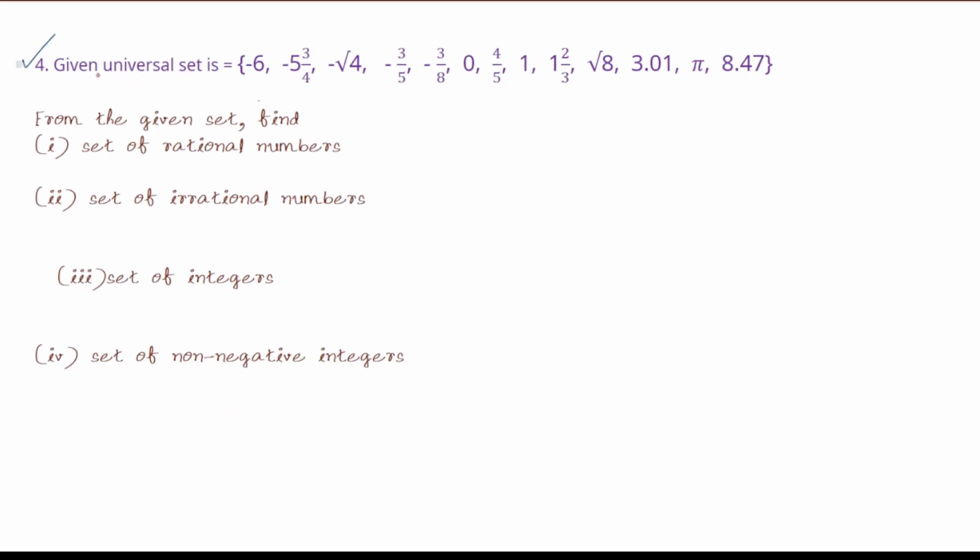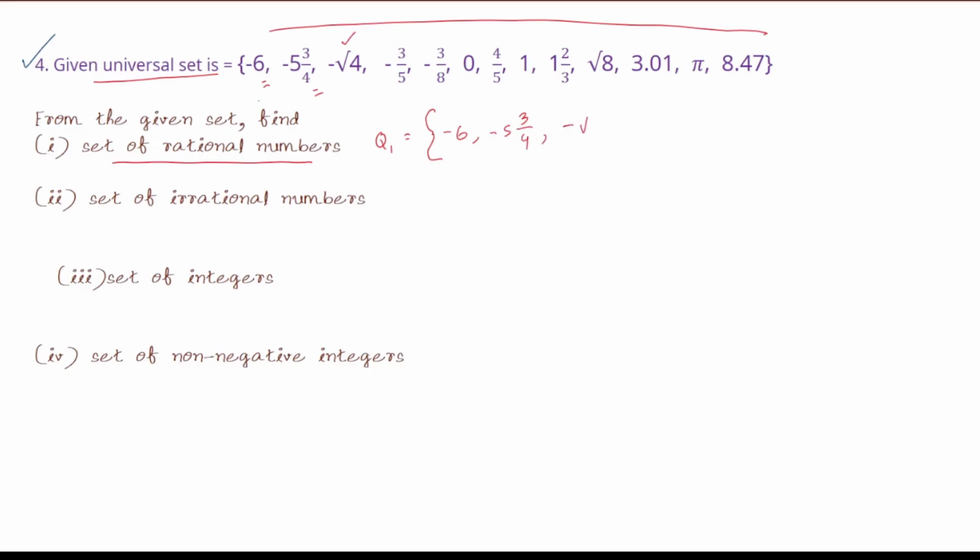Question number 4. Given universal set is, so this is a set which is said to be the universal set, and from this we have to find the set of rational numbers. Suppose the set of rational numbers is represented by Q1. So there will be minus 6, this one, minus 5, 3 upon 4. This can be expressed as a proper fraction. Then this one